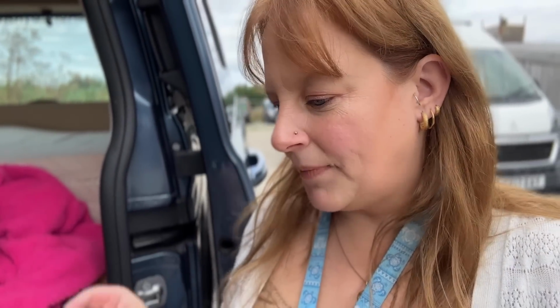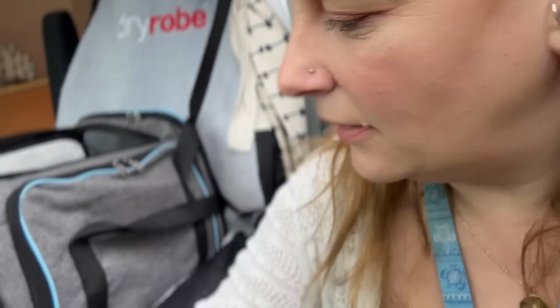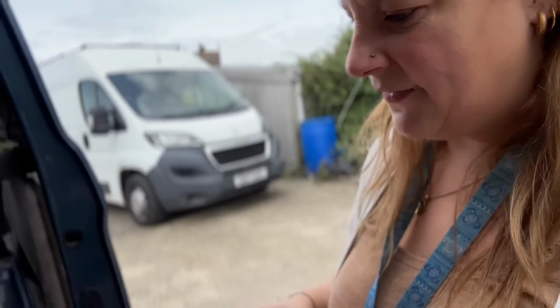start my van. However, the NOCO's been really helpful, and also the power booster that Mel's got that he swears blind by, the auto wit kit, which is essentially a starter pack. I have used it quite a few times since breaking down, and it is fantastic. It's expensive, but it's fantastic. So I would highly recommend that because it has saved me about 4 times already from being unable to start